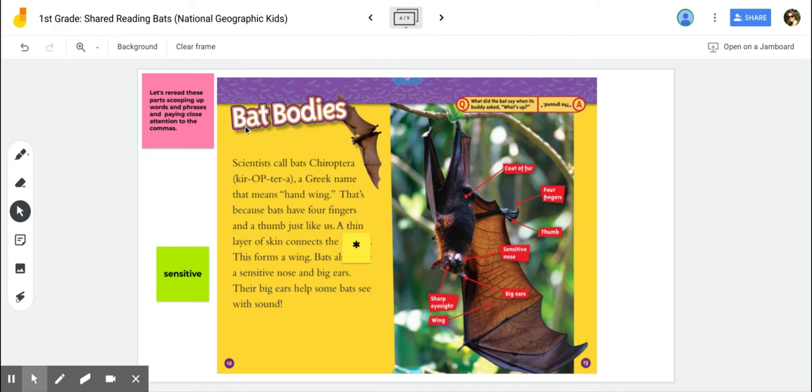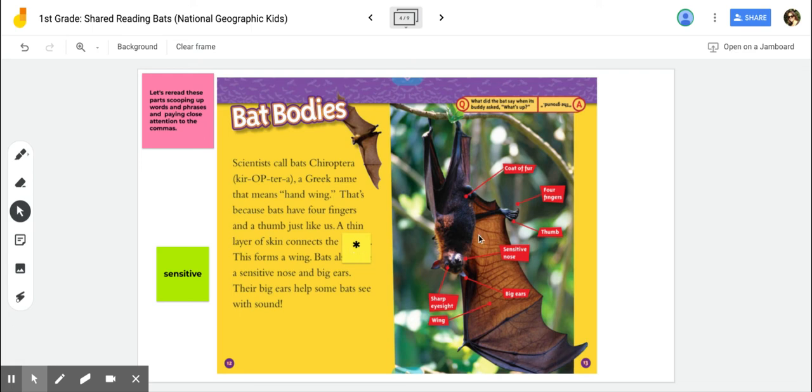Okay, read with me. Bat bodies. Scientists call bats, oh, look at this word. There's a pronunciation guide here. Let's try it. Chiroptera, a Greek name that means hand wing. That's because bats have 4 fingers and a thumb just like us. A thin layer of skin connects the hmm. All right, readers, what would make sense here? A thin layer of skin connects the